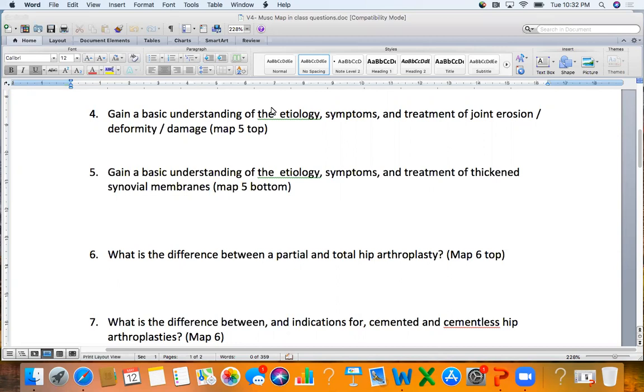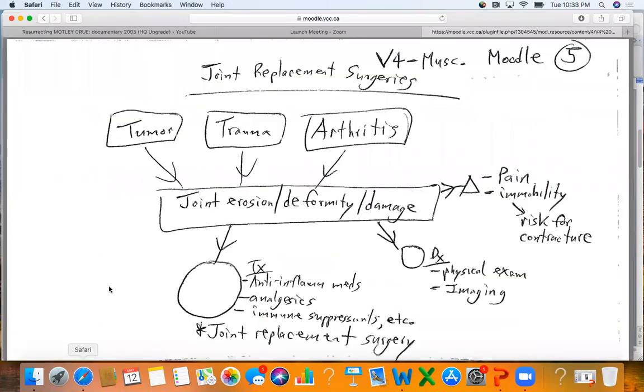Really the main focus of these questions is joint surgery or joint replacement surgery with a focus on knee and hip surgeries. But first, number 4, joint erosion, what can cause it? Fairly intuitive stuff at the top of map 5. These things up here can all cause destruction or gradual erosion of a joint, which has some obvious, the triangle,